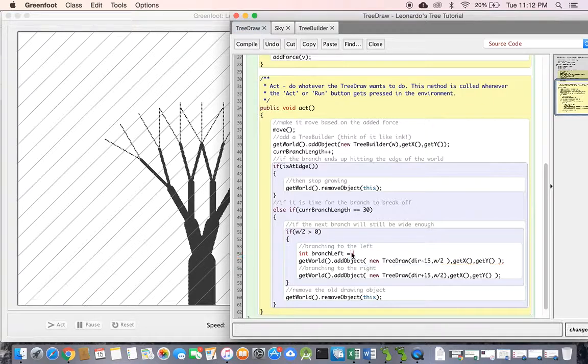Let's maybe make it branch between, let's try 10 and 20 degrees. So we're going to do a greenfoot.getRandomNumber call. All right, greenfoot.getRandomNumber, we want one between 10 and 20. So that's a range of 10 different numbers starting at 10. Okay, so what we're going to do is say, instead of minus 15, we're going to say